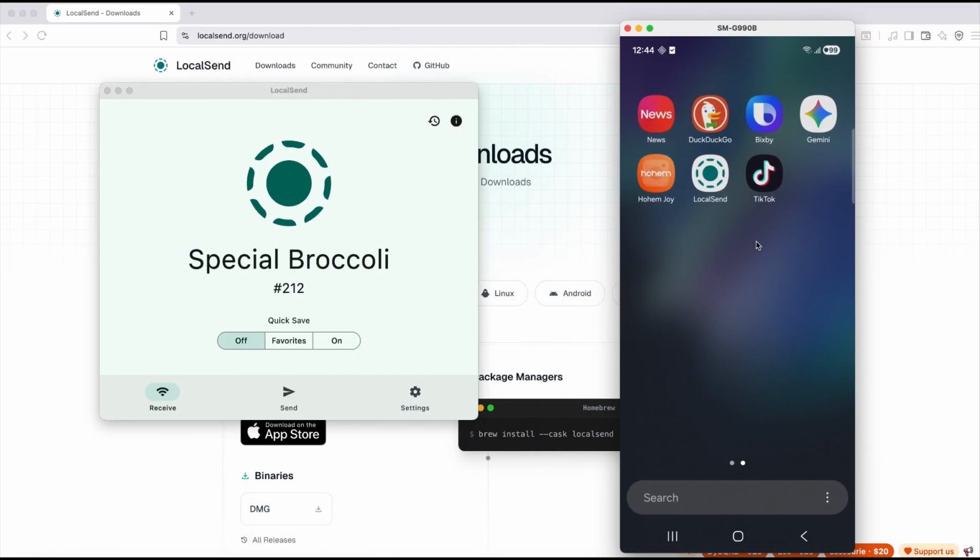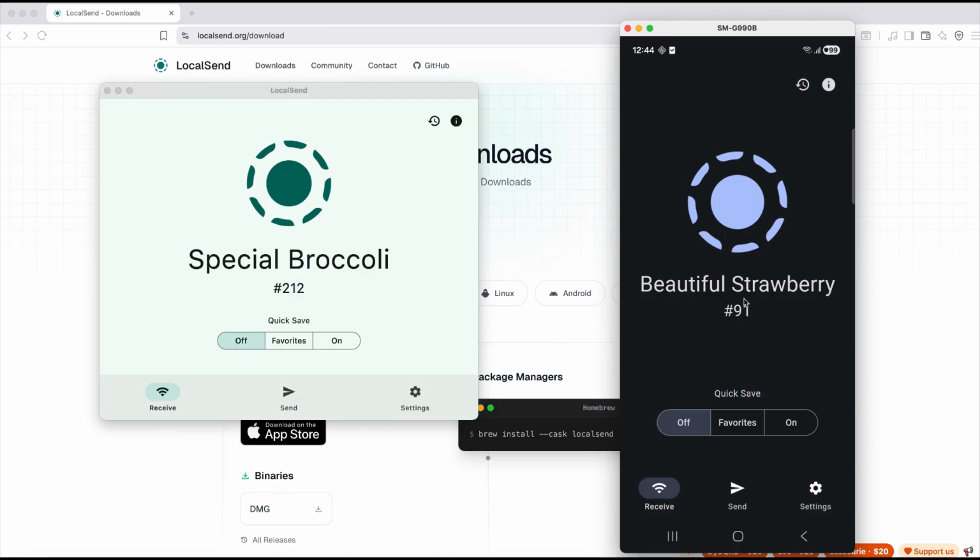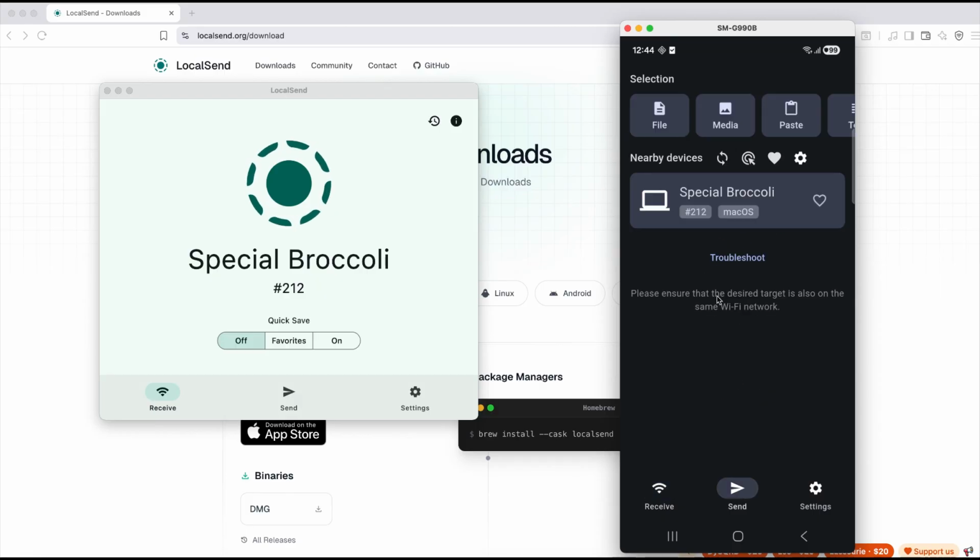So now, because I'm transferring from my mobile phone to the MacBook, I'm going to open the application on my mobile phone, sorry. So now, I go to Send on my mobile phone. Now you can see here, both of these devices are connected. As you can see,